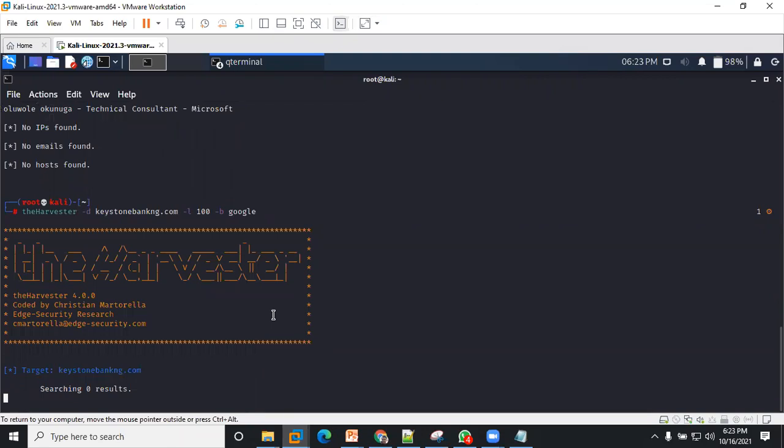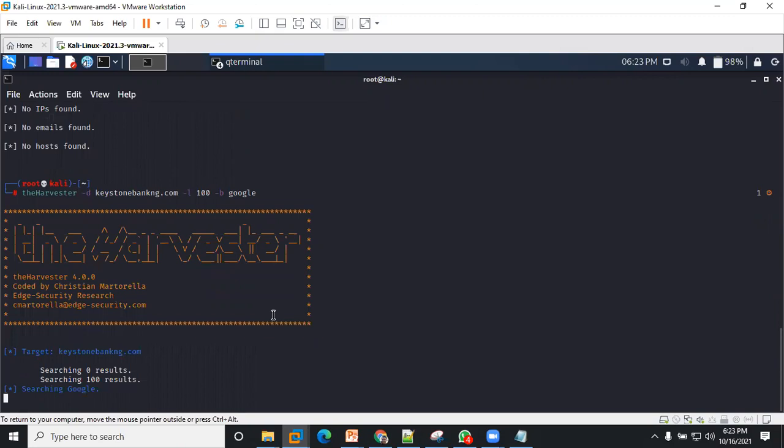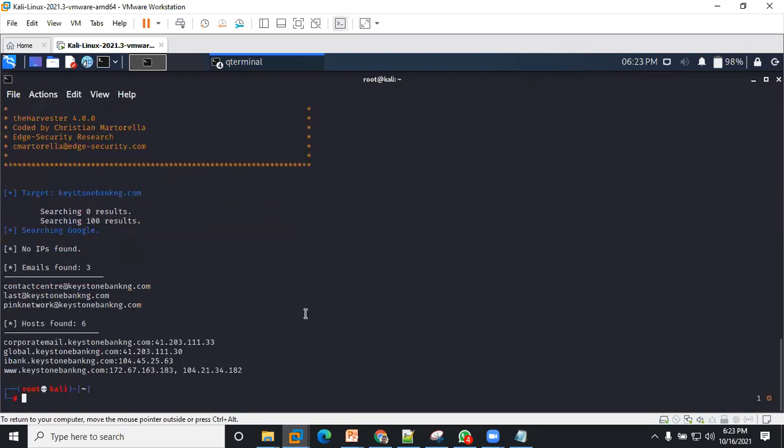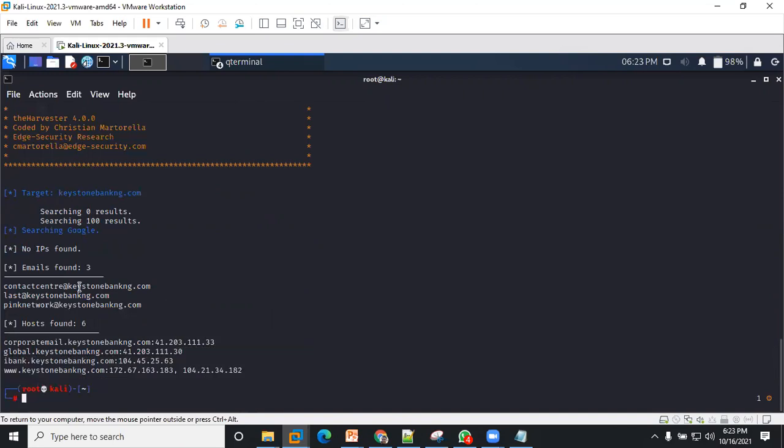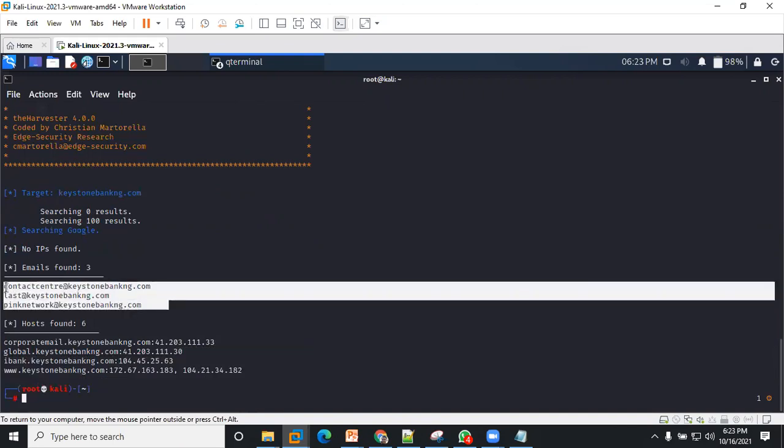You have to look for emails. You can see we're able to find only very few email addresses. These are some of the few we were able to find, guys.